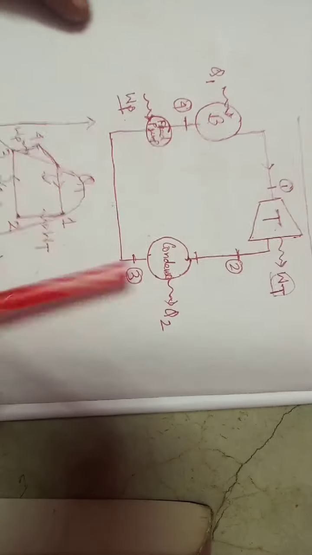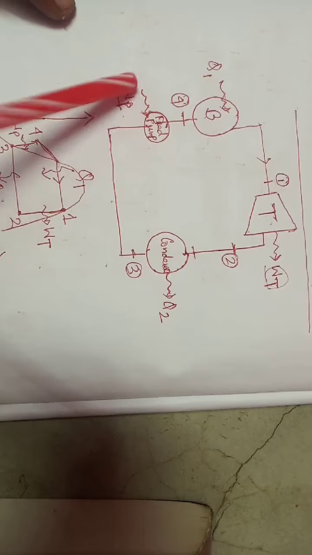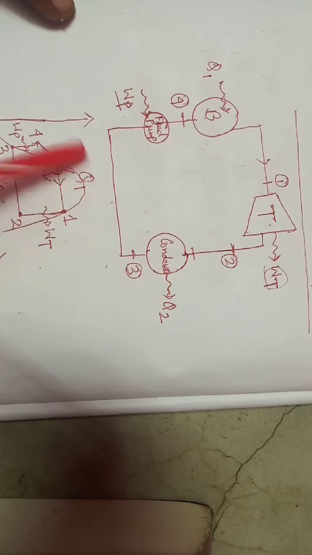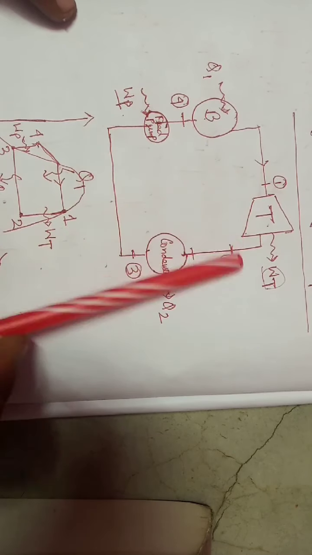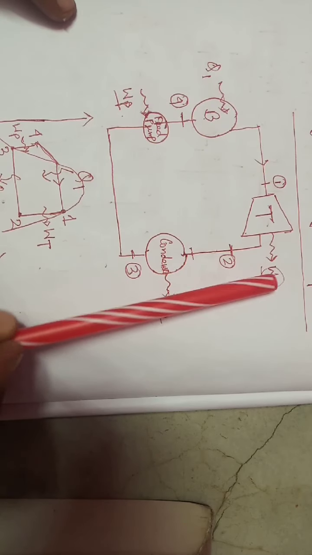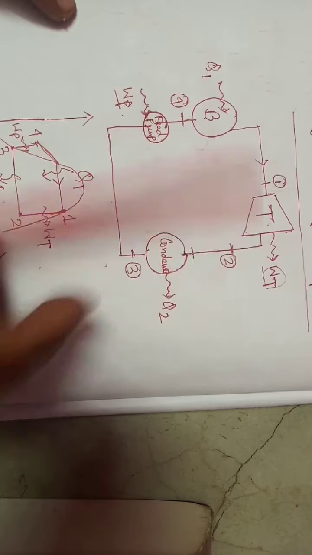all these devices, boiler, turbine, condenser and feed pump, are steady flow devices. So ultimately the efficiency equation can be converted into an enthalpy equation. In terms of enthalpy, we know that WT can be declared in terms of H1 and H2. If the